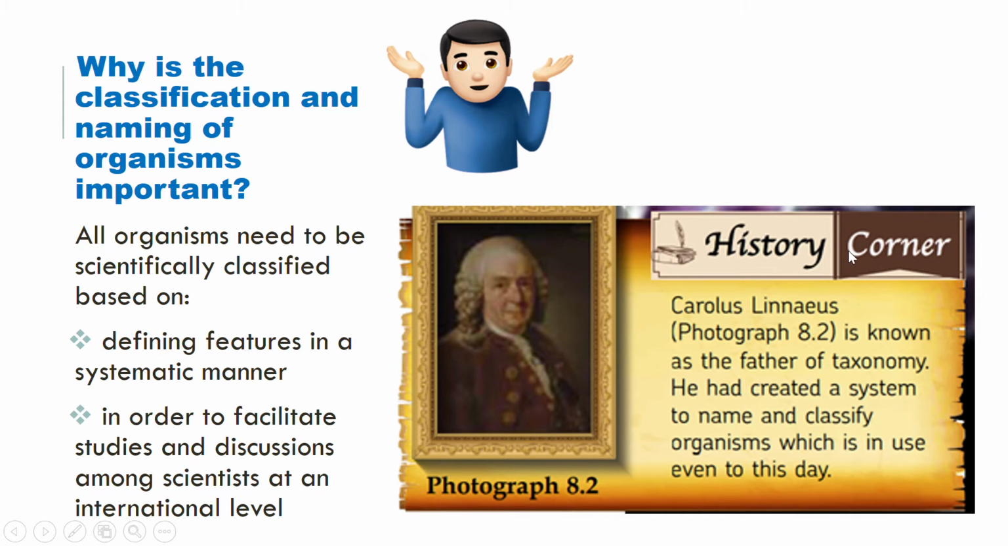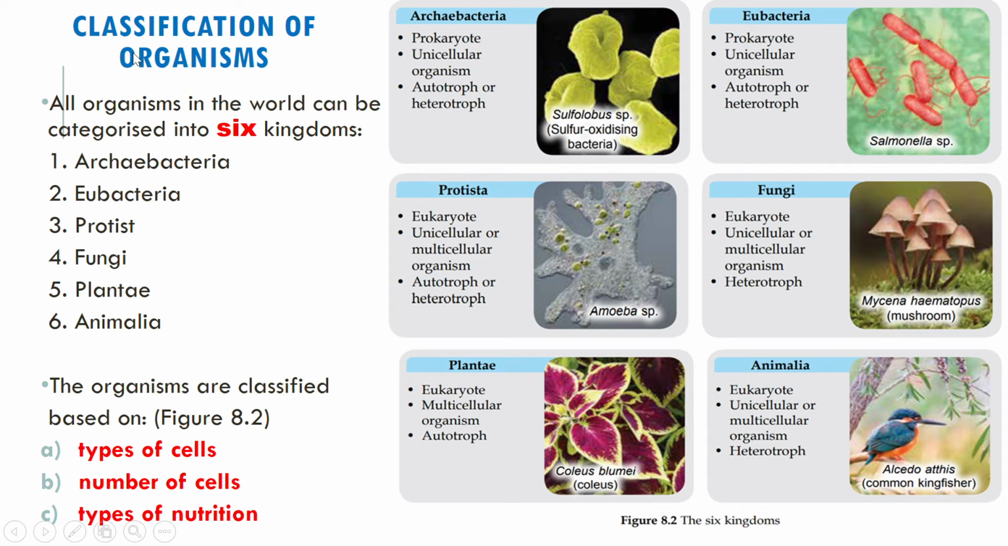This picture here is showing the scientist Carolus Linnaeus, who is the father of taxonomy. He created the system to name and classify the organisms, which until this day is still very essential and being made use of. So let's look at the classifications of organisms. All organisms in the world can be categorized into 6 kingdoms. What are they? Archaebacteria, eubacteria, protist, the fungi, plantae, and also animalia. These organisms are classified based on the types of cells,